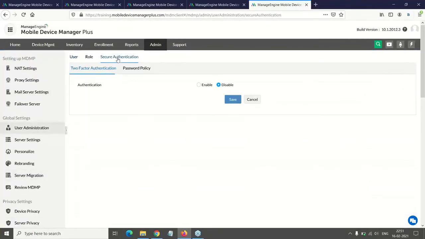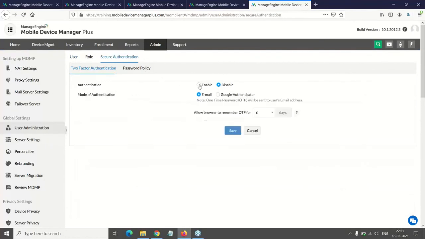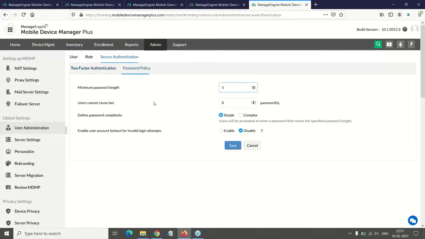Under user administration, secure authentication, you can enable two-factor authentication here, and you can choose the mode of authentication that you want to use and set the password policy as well. This is similar to the password policy that you are deploying on the managed devices. So you can choose the passcode length and the other basic configurations or the criteria with which the technician needs to have a passcode.